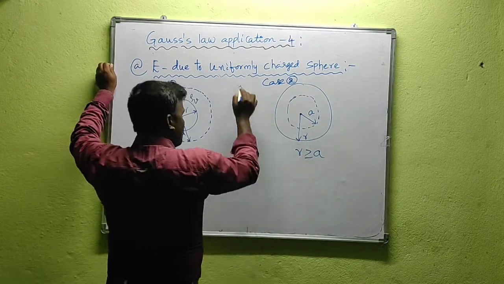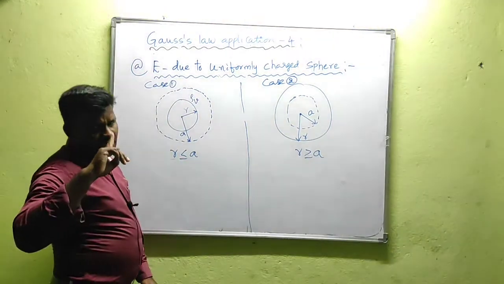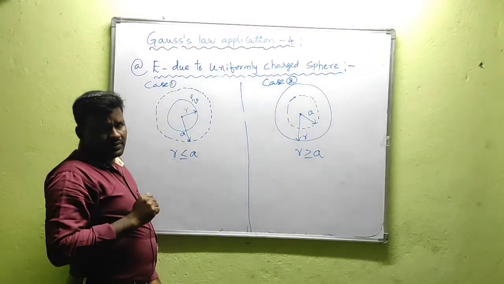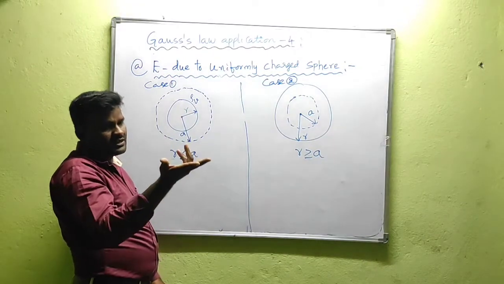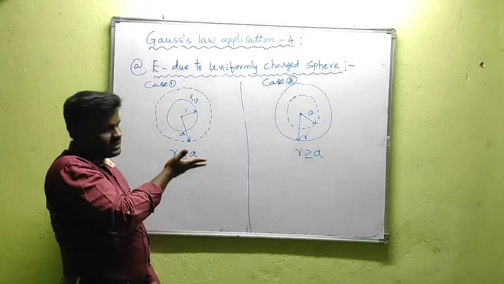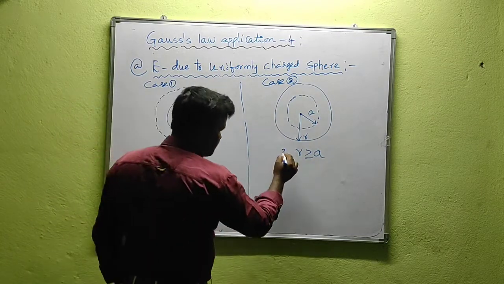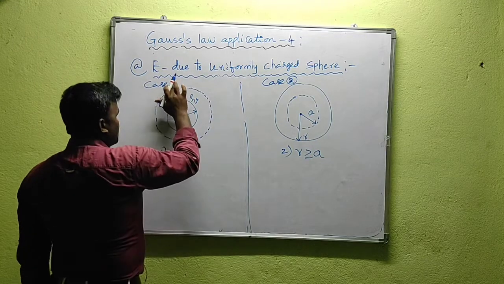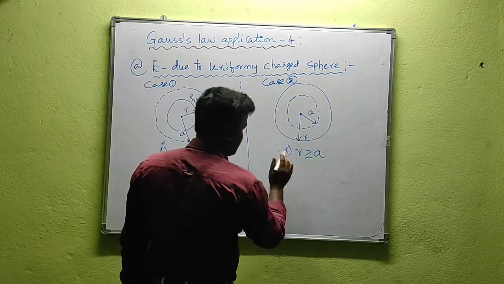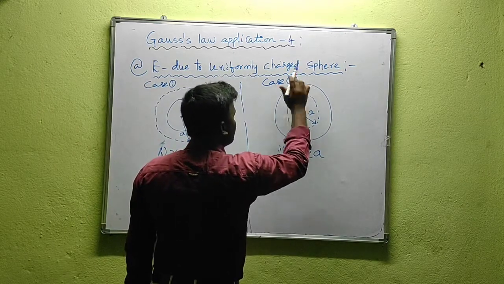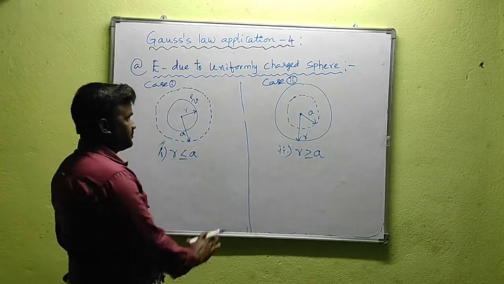Okay. Now what is Gauss law? In order to determine the field at each and every point of the sphere, that means inside the sphere, outside the sphere, because uniformly charged sphere may be larger one or smaller one. So that's why we need to consider cases like this, that is case 1 and this is case 2, okay. Or else let us take Roman number 1 here, Roman number 2 here, that is case 2, okay.